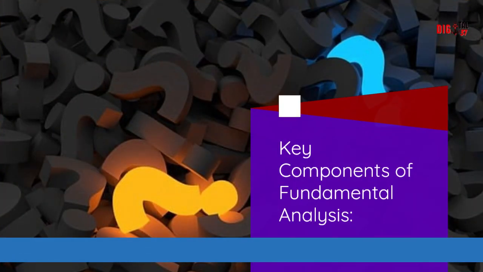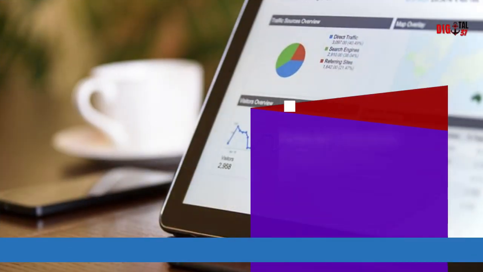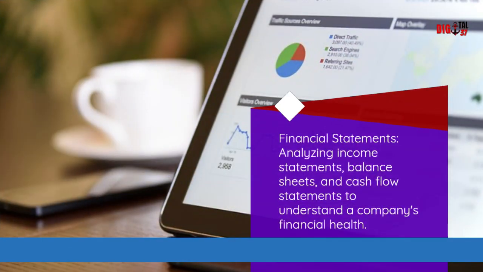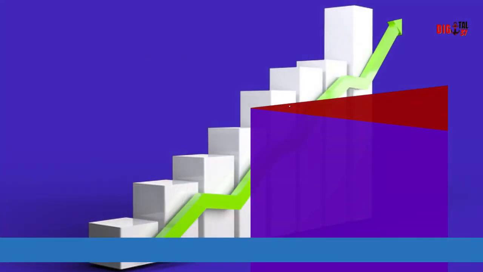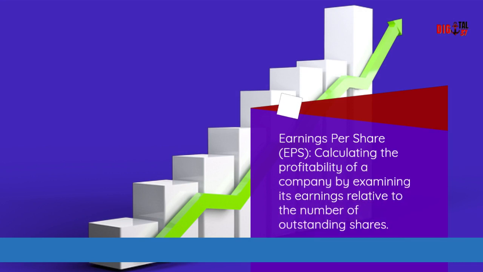Key components of fundamental analysis. Financial statements: analyzing income statements, balance sheets, and cash flow statements to understand a company's financial health. Earnings per share, EPS: calculating the profitability of a company by examining its earnings relative to the number of outstanding